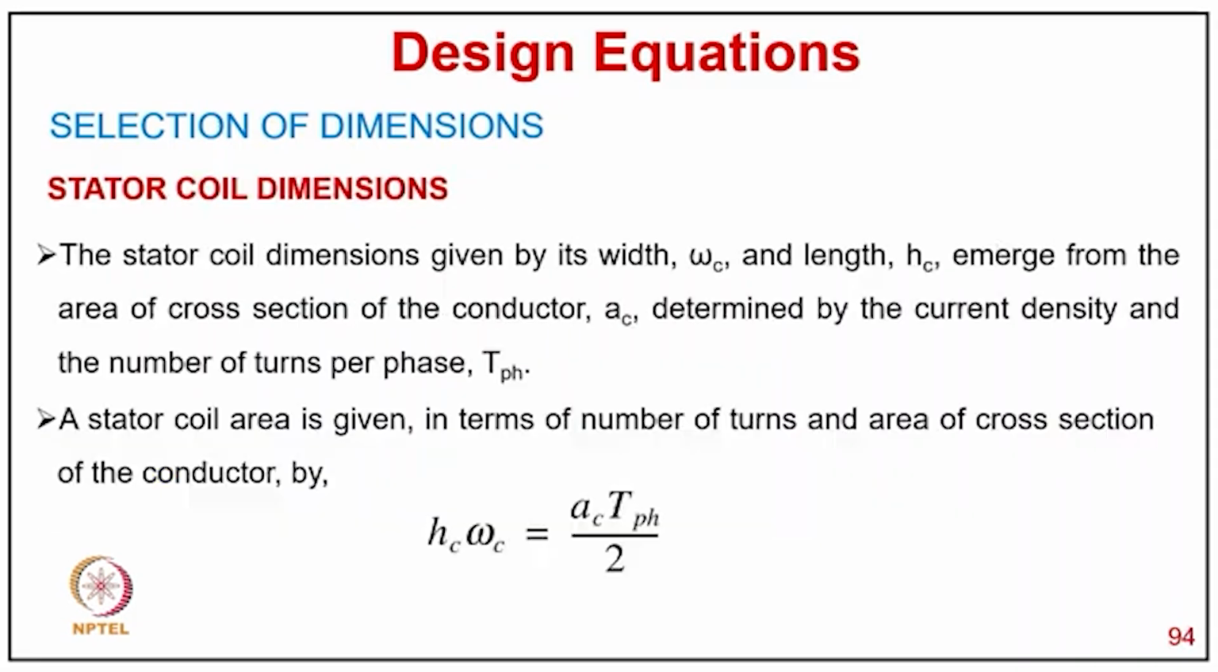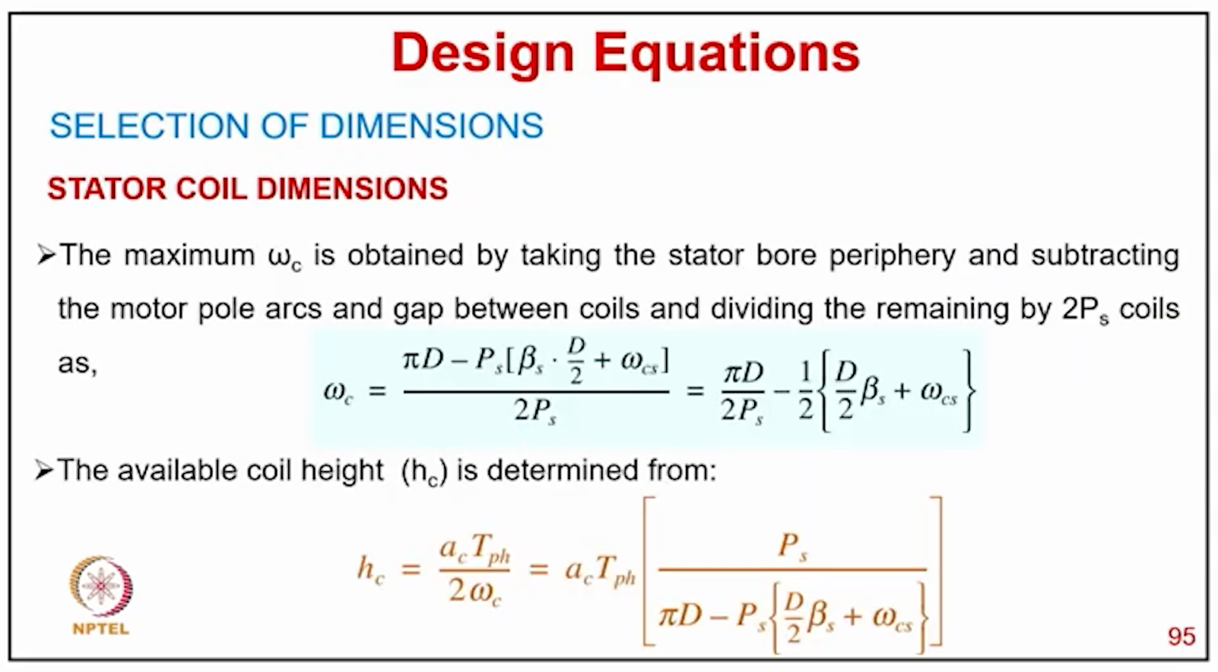It is equivalent to a higher value of BSY than its minimum. Now coming to stator coil dimensions, they give its width WC and length SC, which emerge from the area of cross section of the conductor AC driven by current density and the number of turns TPH. A stator coil area is given in terms of number of turns and area of cross section of conductors by SC WC equal to AC TPH by 2,